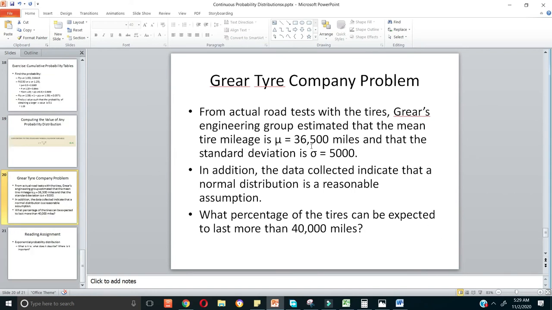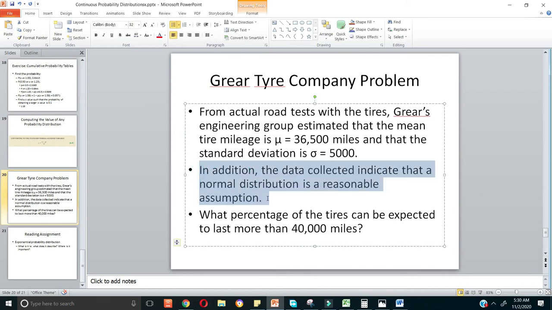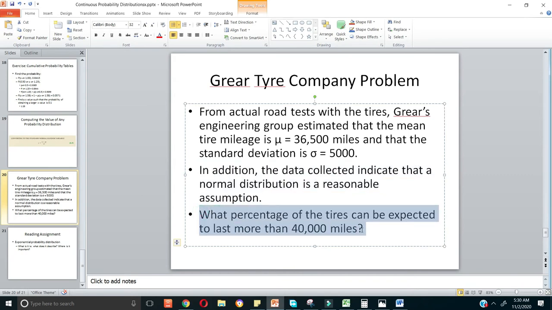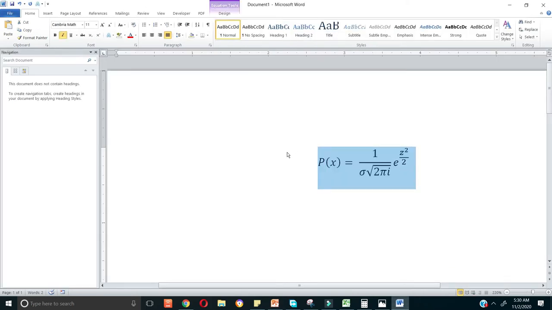So in this situation, you have some engineering group that has been collecting data for some tires that they produce, and they find that the mean mileage for a tire is 36,500 miles, and the standard deviation is 5,000 miles. They determined that this mileage has a normal distribution, and they want to know what percentage of the tires can be expected to last more than 40,000 miles. So in this situation, you're looking for the probability